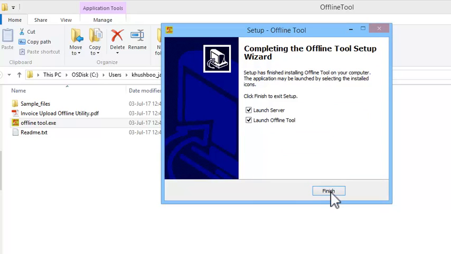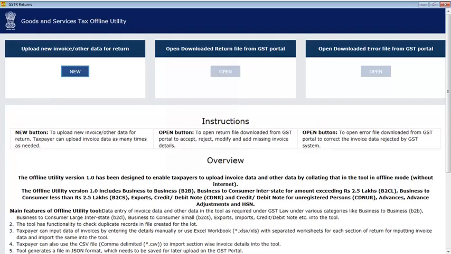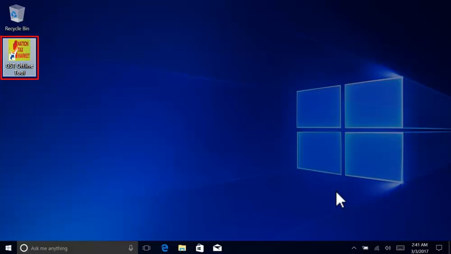Once done, keep the two highlighted options checked and click Finish. The offline utility should now launch automatically after a few seconds. If it doesn't launch, double-click the newly created icon on your desktop.